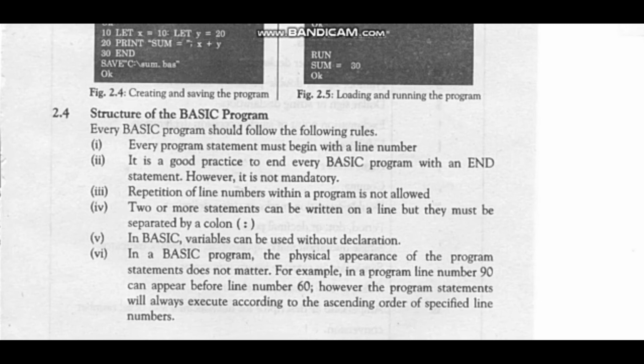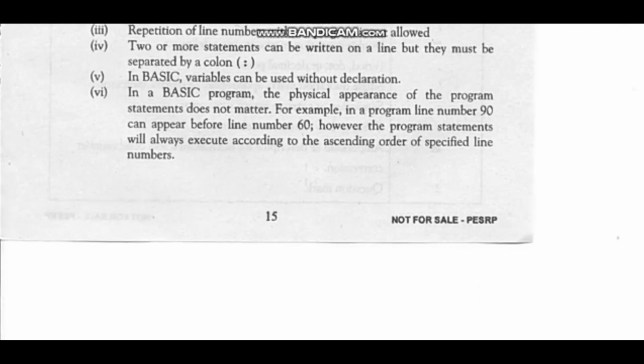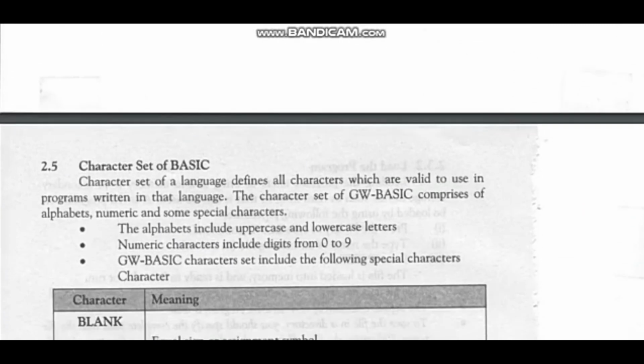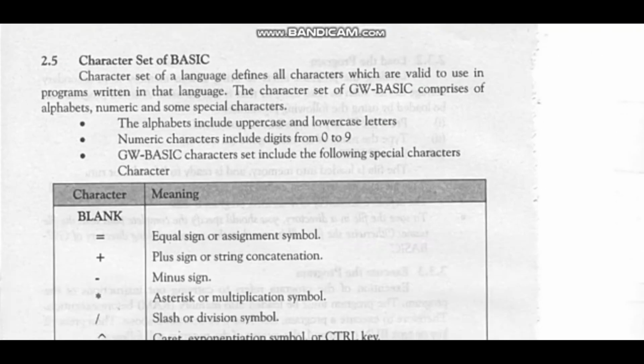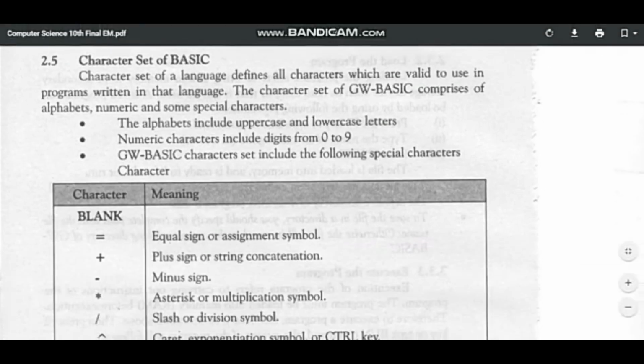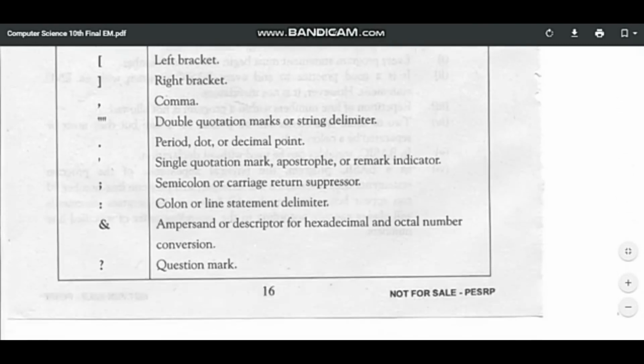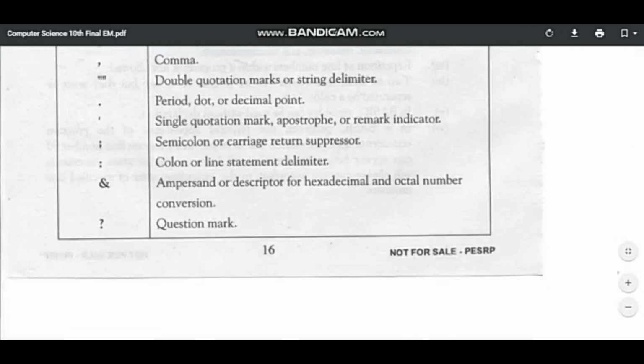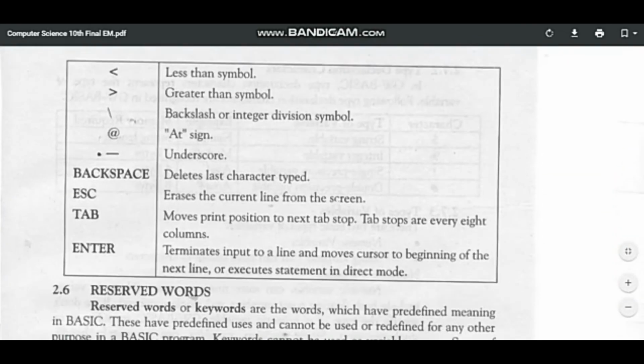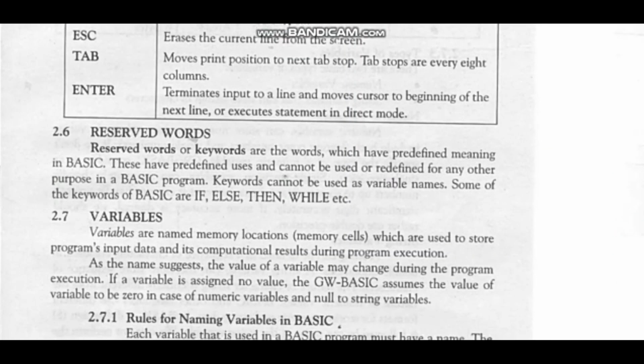It can all be done by loading. It means first we have to load. The process of loading a program means that a program is loaded into the memory from secondary storage like the hard disk. A program must be loaded in memory before executing. So the following procedure is used to load a program into the memory. So now first I will discuss the structure, how we can see the structure.